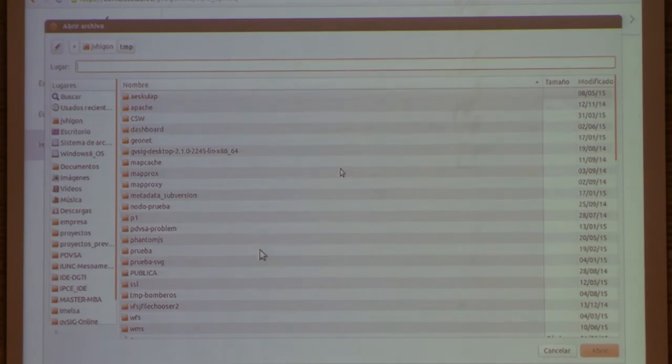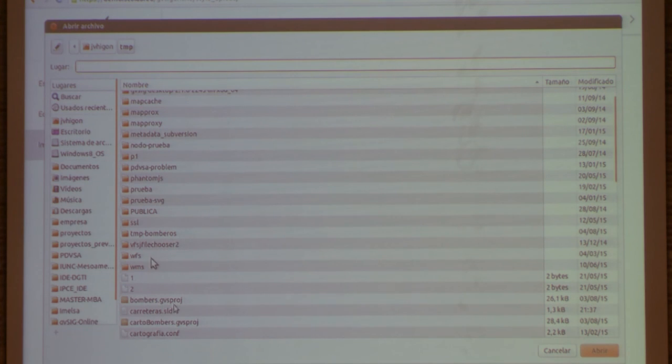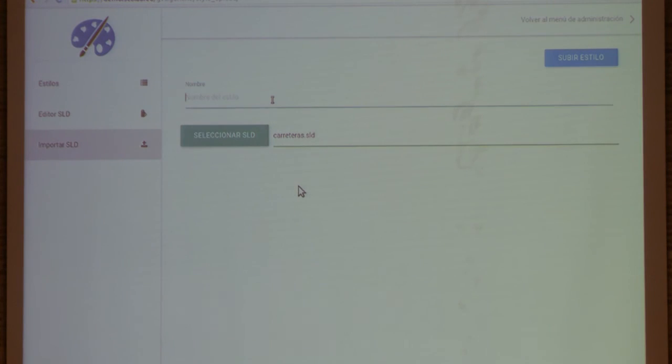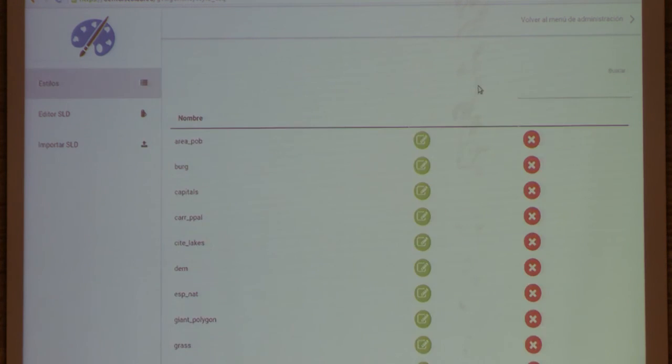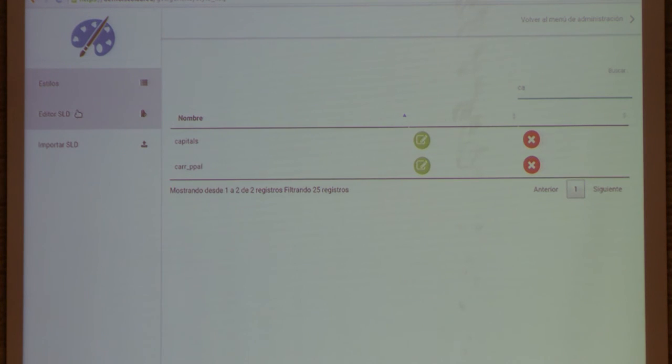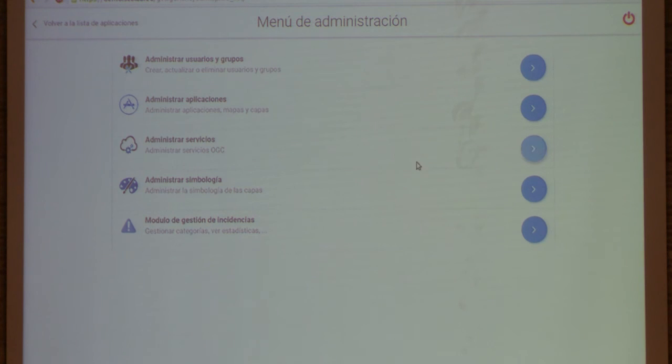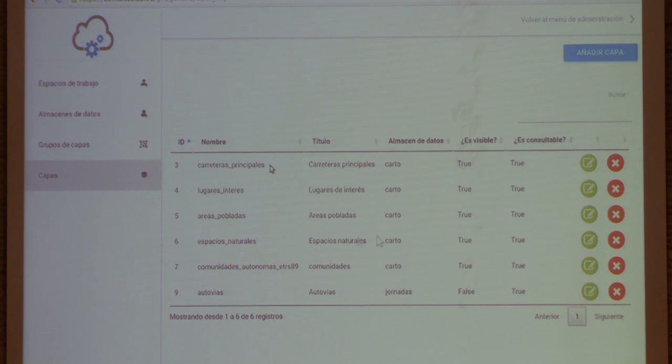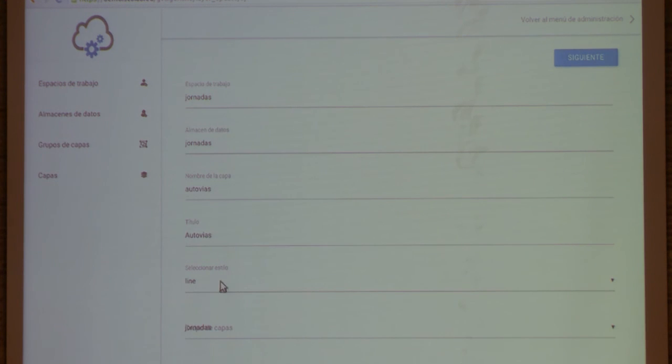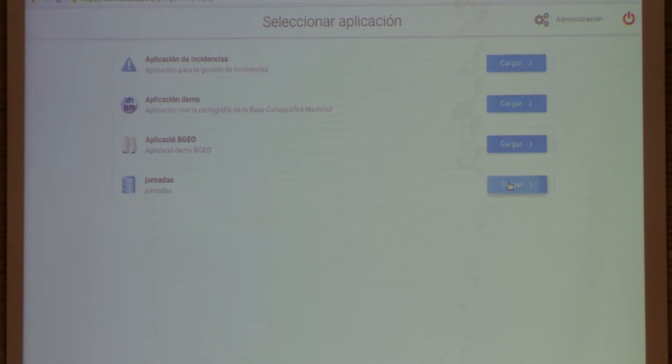And here, what I wanted to say was, we're going to get the SLD which has been generated. We're going to give it a name. We're going to upload the style, and here we're going now to the layer, and we're going to change the style. Go to the layer. Here we can find the one we want. And in style, we're going to select the last one, which is roads. Okay. I save it, and the result now is